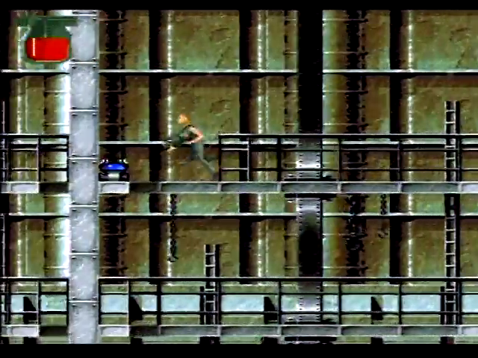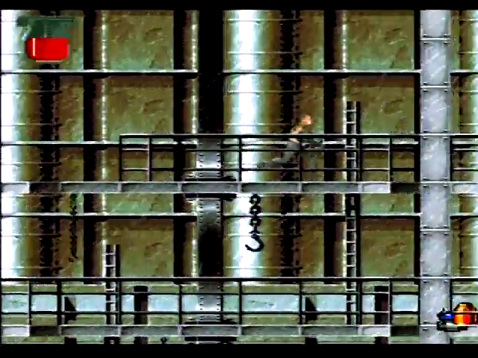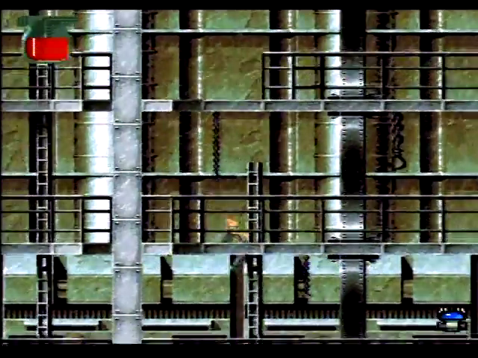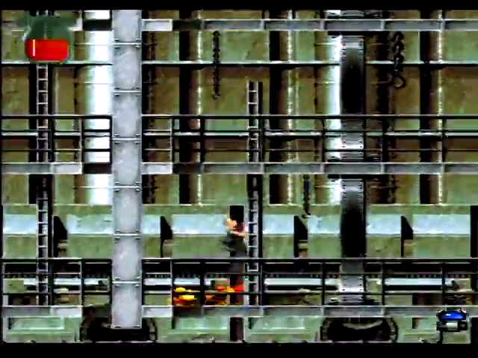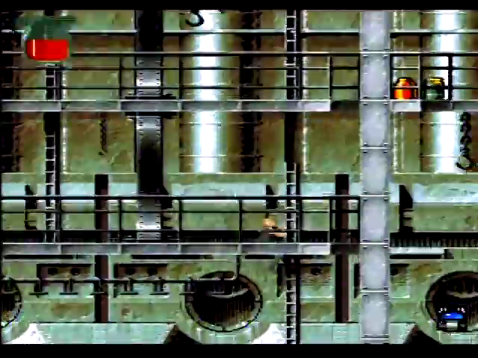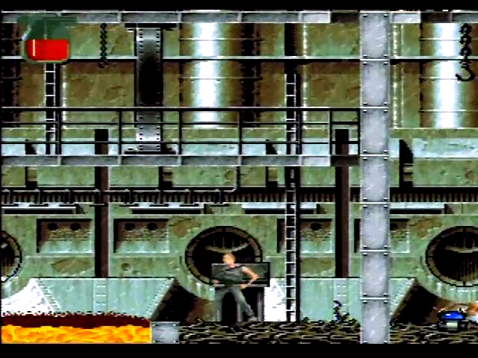Again, this is actually a nice effect. The whole rain effect kind of works here. Again, these are all callbacks to the movie, assets from the movie, even though, like I said, this really isn't canon. It took a lot of liberties. They used the sets from the movie as an excuse to make a